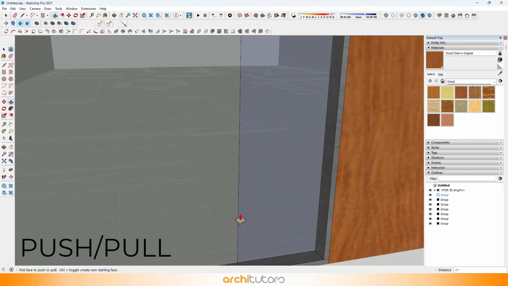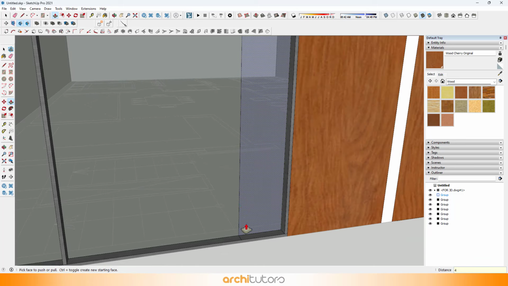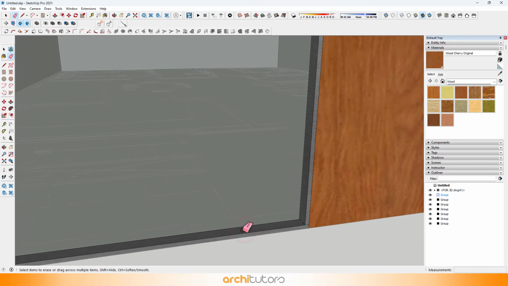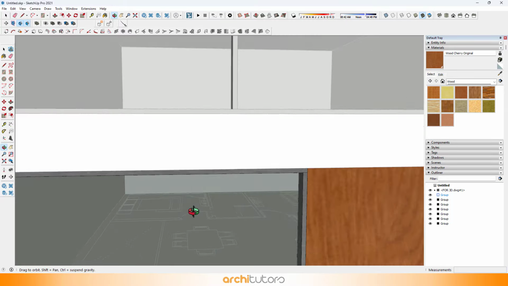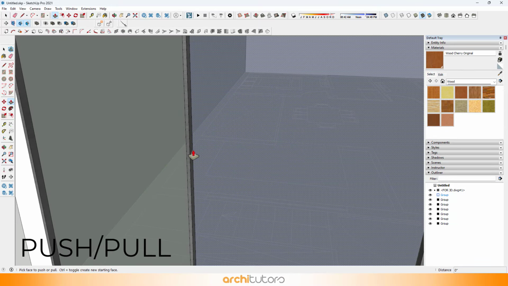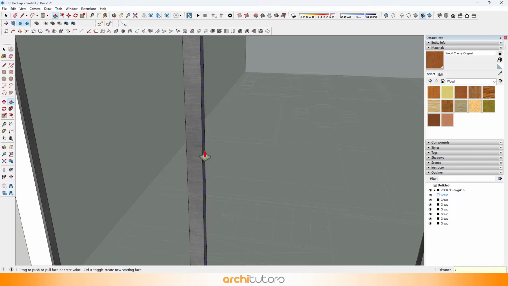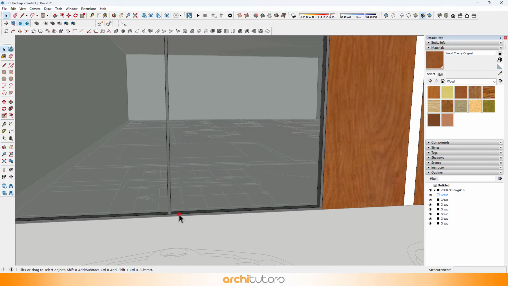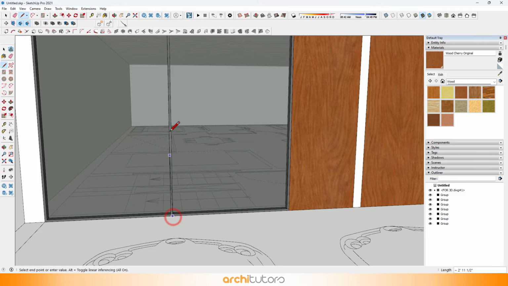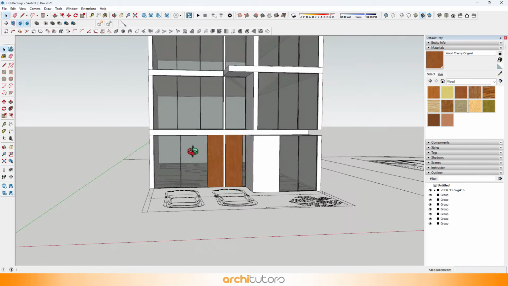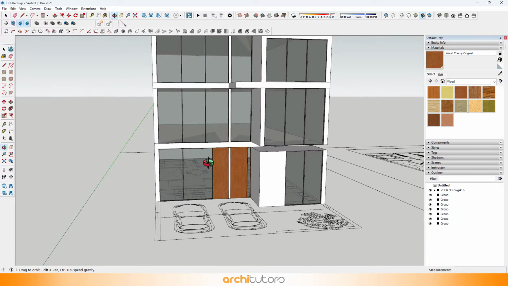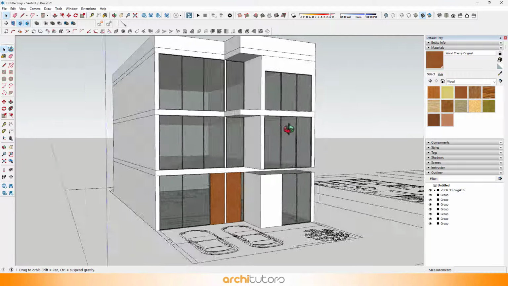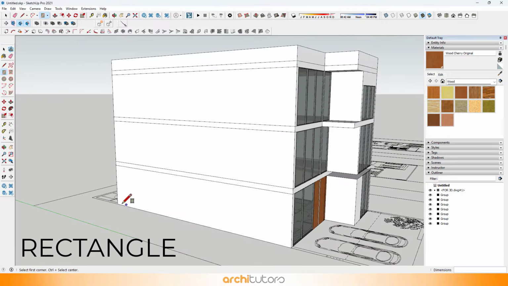Remove the mullion and extra edges. Now create the plinth floor level for ground floor.